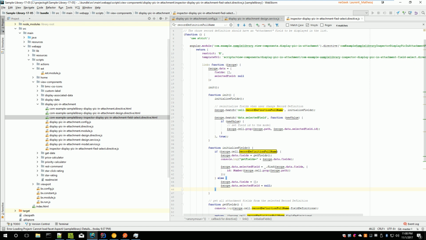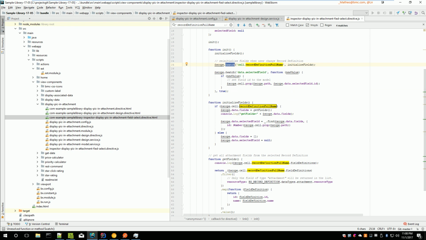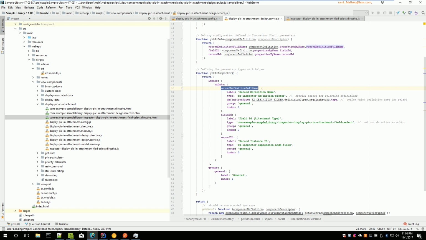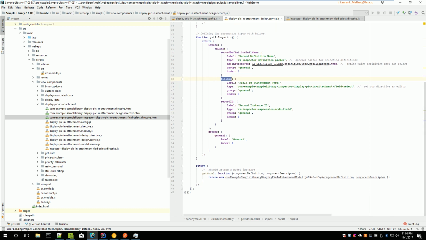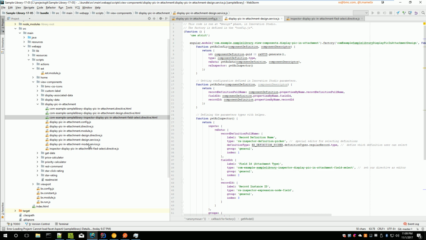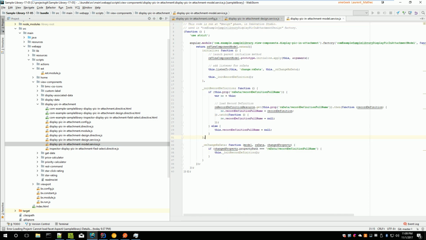And this code will be launched each time you select a record definition name because of the watch from AngularJS. And the value will be stored inside field ID automatically. And here we can find again our attachment model. And our model is doing pretty much exactly the same thing that